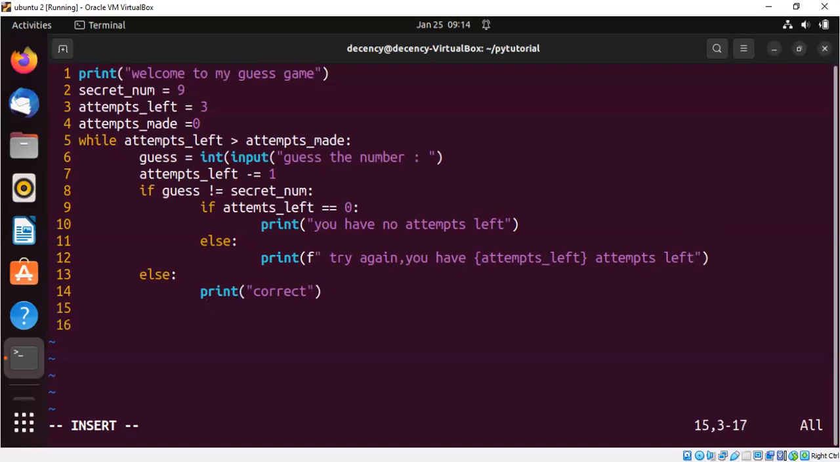Because if you don't use the break statement, if the user guesses the number correctly, it will still ask the user the question again, because it's inside the while loop. You get? While attempt is greater than 3. So once the user gets it correctly, it should break out of this while loop. You get? So use the break statement. Then in this while loop, once the attempts left have elapsed,